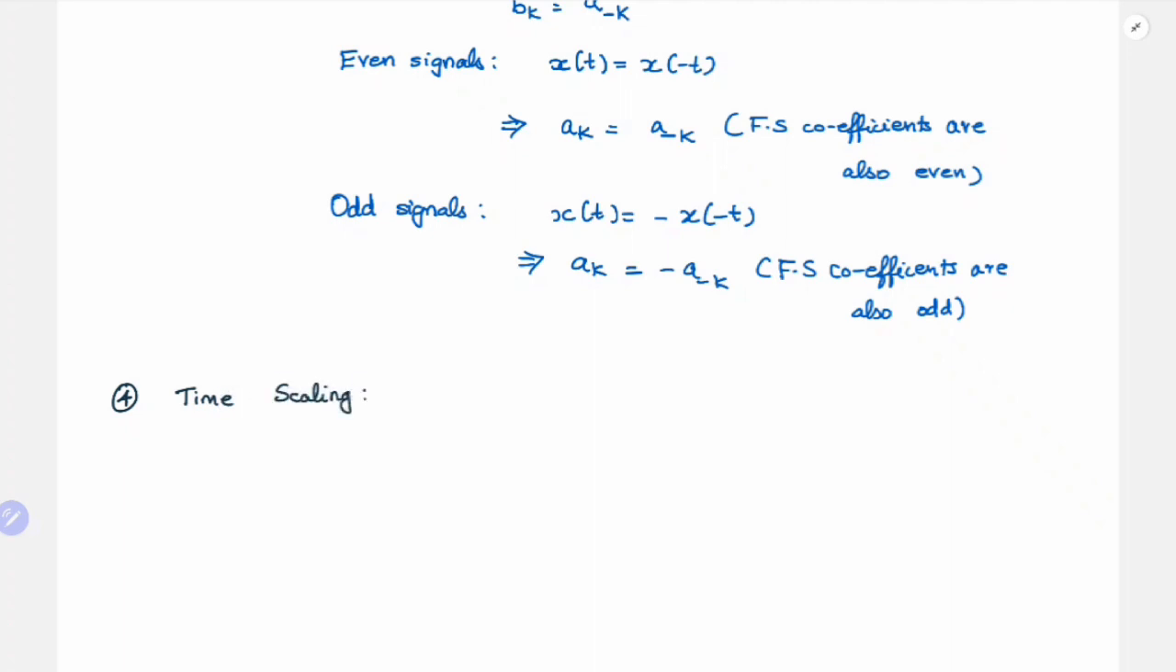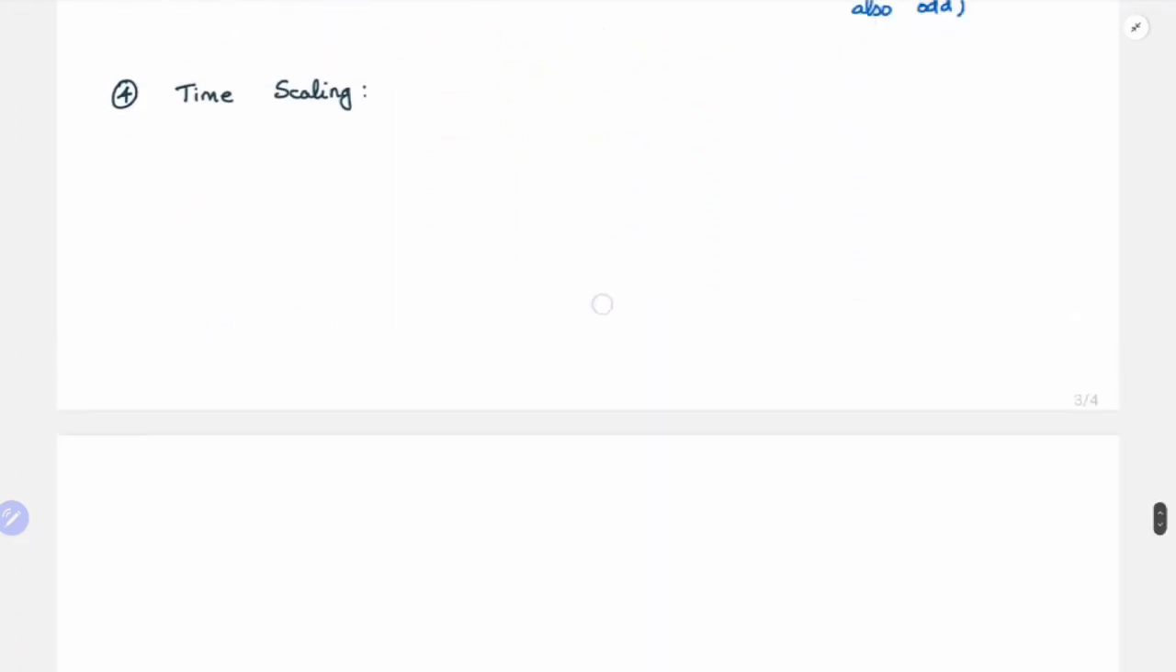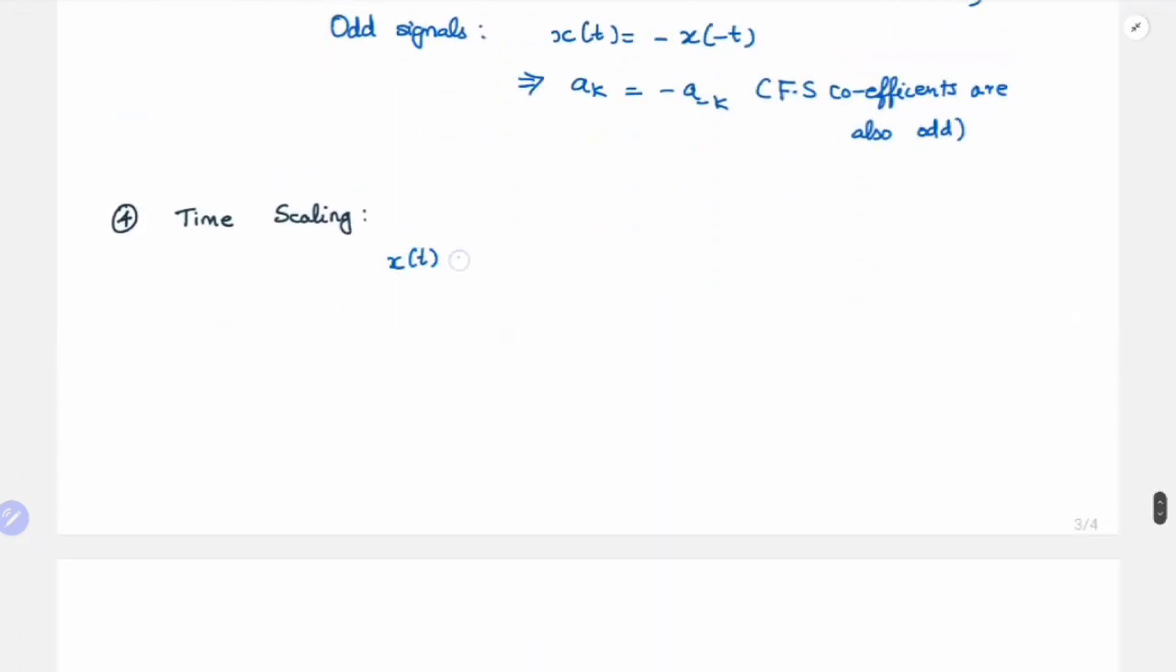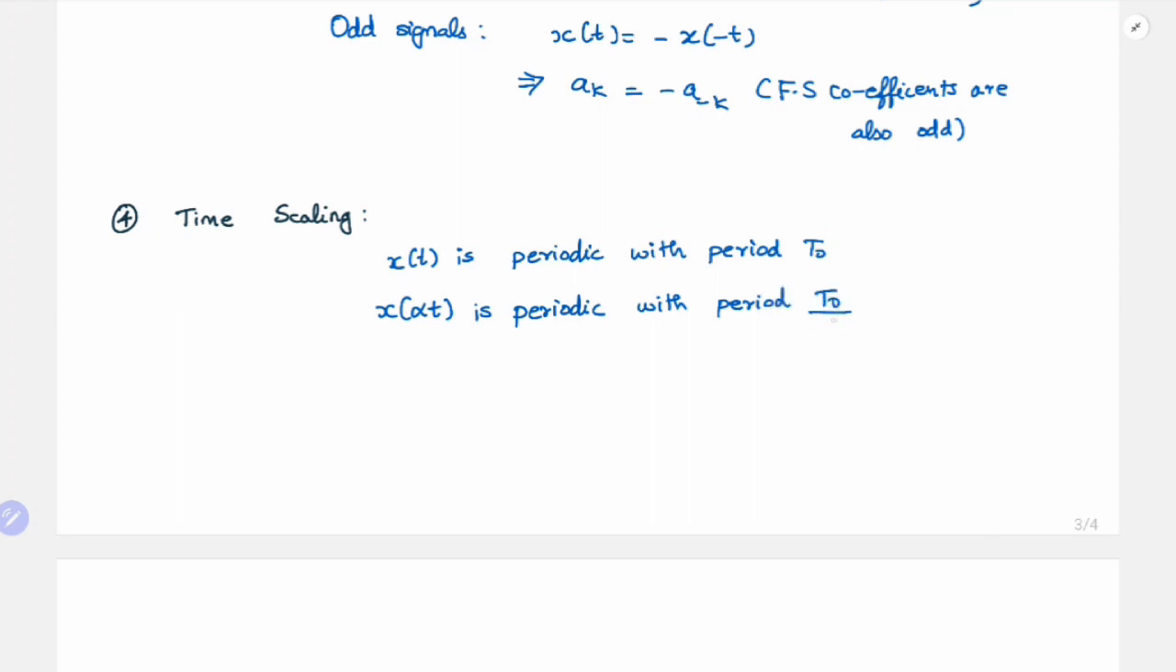So now there is a problem because the period is going to change. If x of t is periodic with period t0, what happens to x of alpha t? It is going to be periodic as well, but the period is going to change to t0 by alpha. Why? Because let's say x1 of t is equal to x of alpha t, then